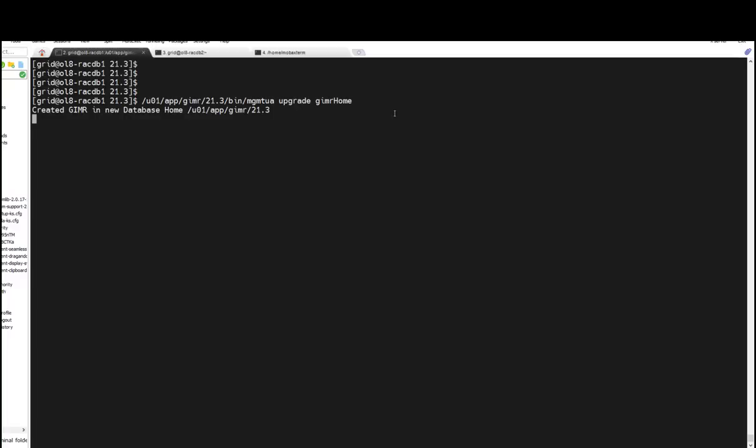So the first step is done. The Grid Infrastructure Management Repository database is created in the new database home, as you can see. Now this is the configuration. Database configuration was done also. The PDB was plugged into the repository database.